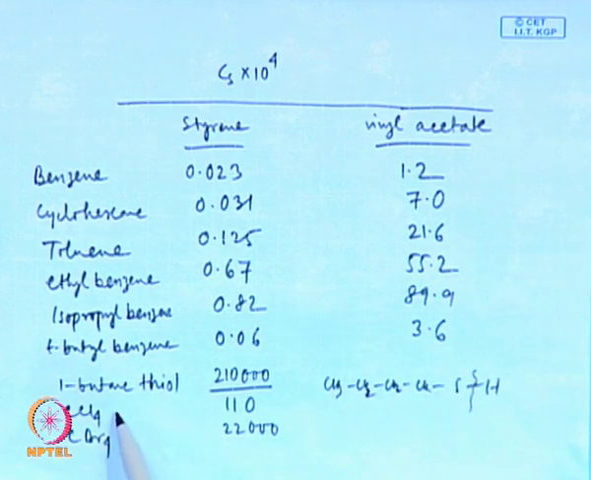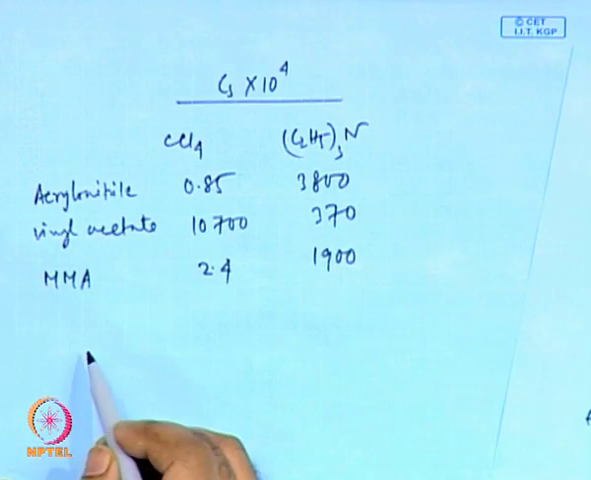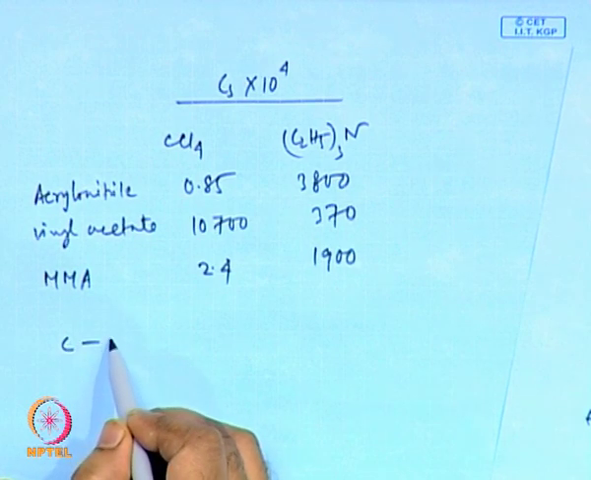Now, if you look at these solvents, carbon tetrachloride and carbon tetrabromide, they also have very high chain transfer constants. That means these solvents are very poor solvents if you want to build high molecular weight in radical polymerization. The reason for these monomers or solvents to participate in chain transfer reaction is because of their stabilization of the resulting radicals. So, if I have, for example,